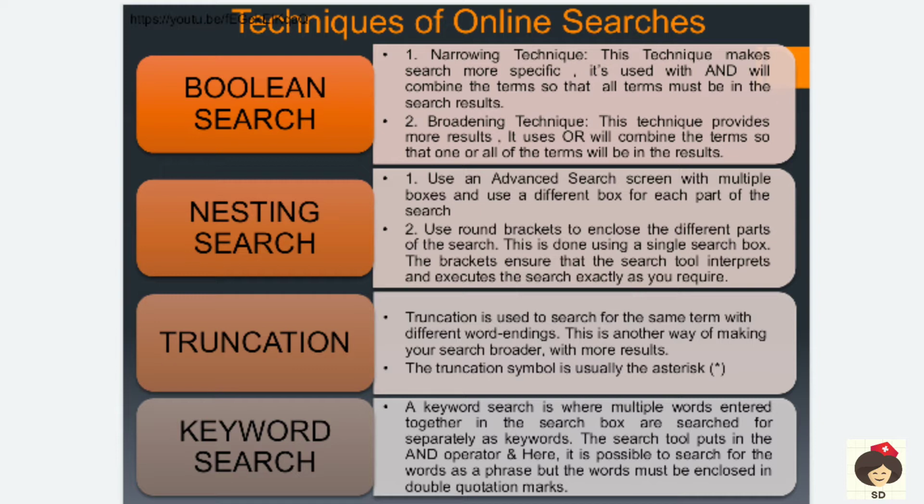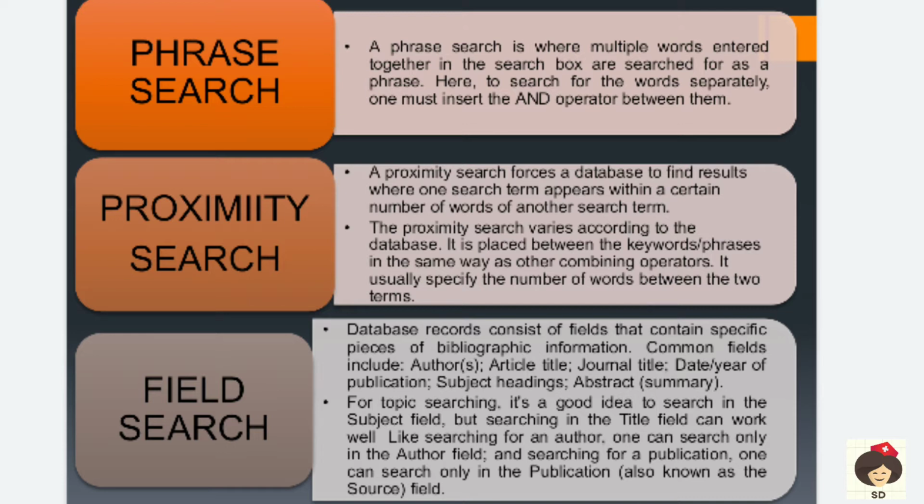Next is the keyword search. In this, large phrases can be used to search. The only thing is we have to put an operator word called AND in between. When you combine two or three words, you have to write AND in the middle. It is similar to phrase search, but the keywords will be shown in double quotation marks. For example, I wanted to read knowledge, practice and attitude of inhaler therapy of asthma patients. Then I have to put these keywords, knowledge, attitude, practice, in double quotation marks and search for the result.